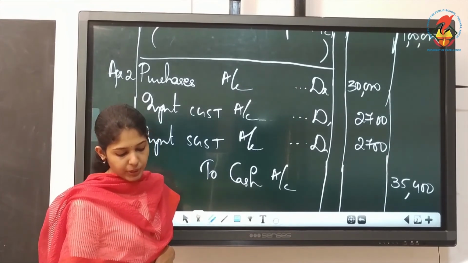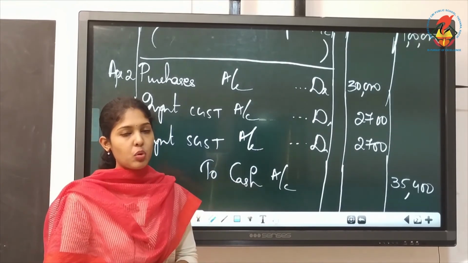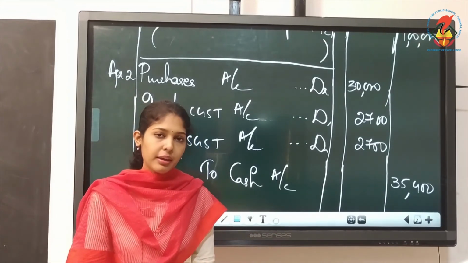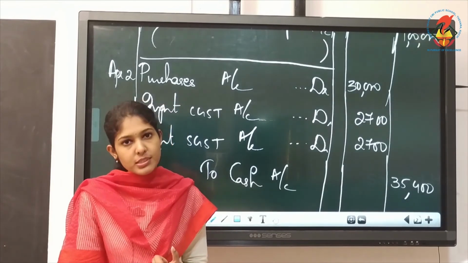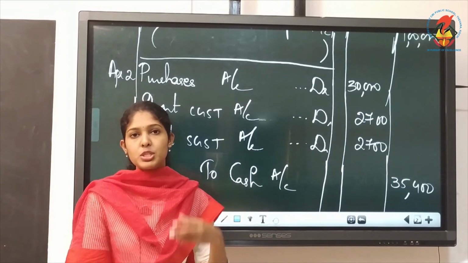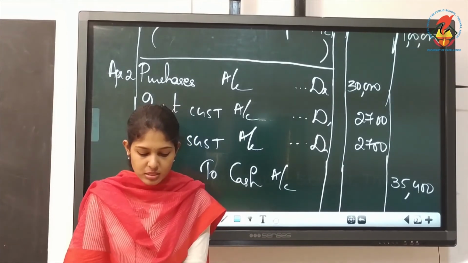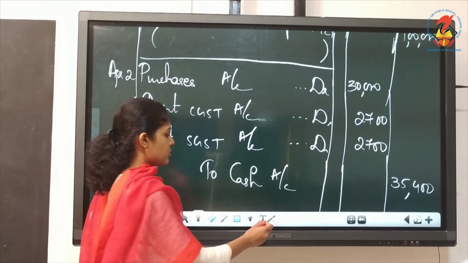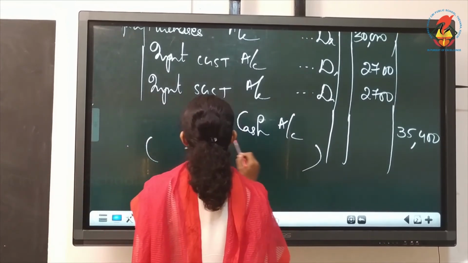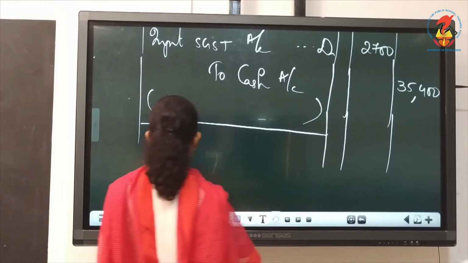Then the next one, opened bank account with cash. Opened bank account means you are depositing your amount into bank account. That time should we charge any GST? No need. When you open a bank account, no need to charge GST. When you purchase something, when you sell something, or when you collect an income like commission received or commission paid, in those situations you will have to charge GST. So here there is no GST to be charged or collected. So you simply write the basic entry for that. And for the previous entry, the narration is purchased goods, charged GST. Narration you must write.